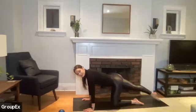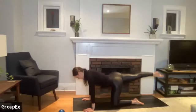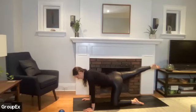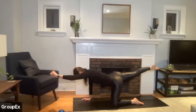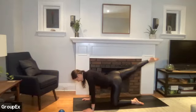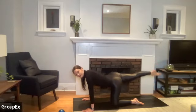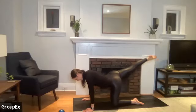So instead of a kicking motion, think about extending through the toe, stretching behind the knee. And your gaze is straight down here. So you want to think about energy coming out through the crown of your head. Okay, let's go for 4. Awesome. 3, 2,